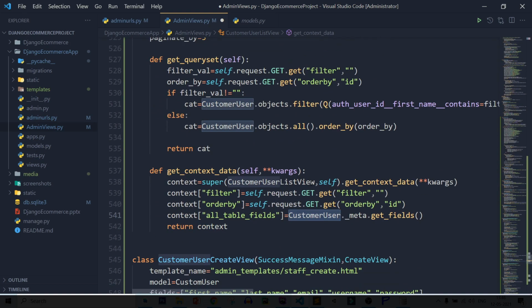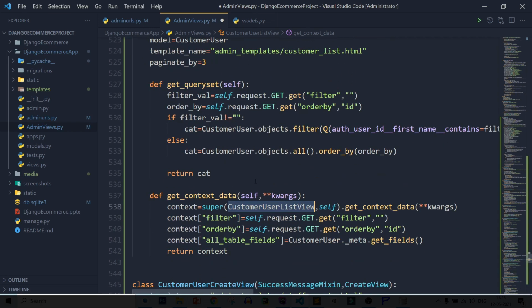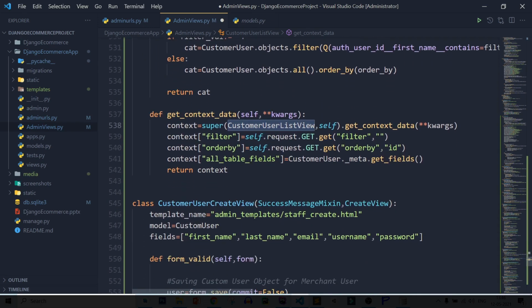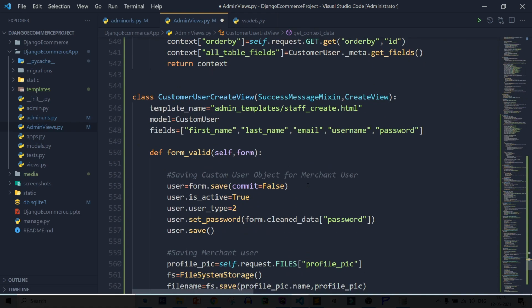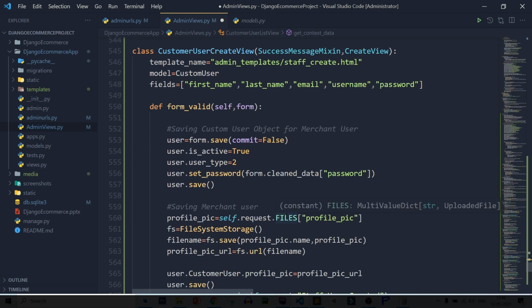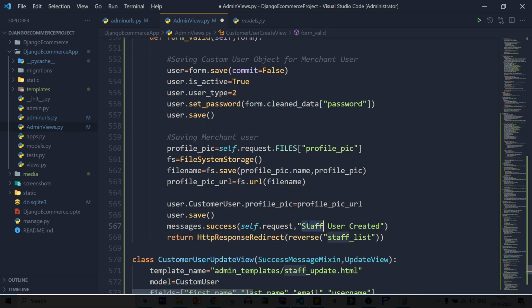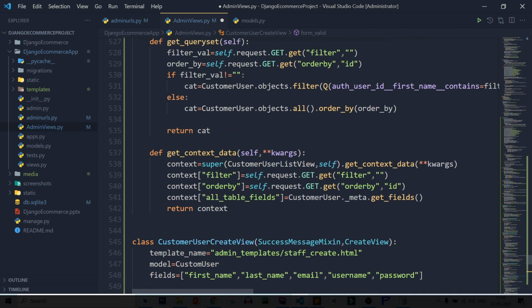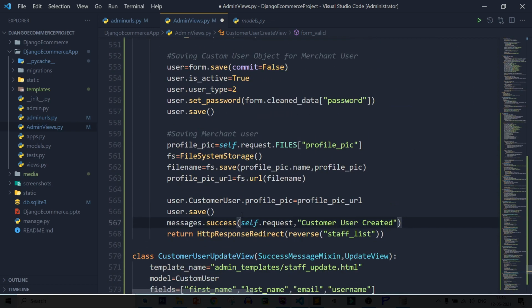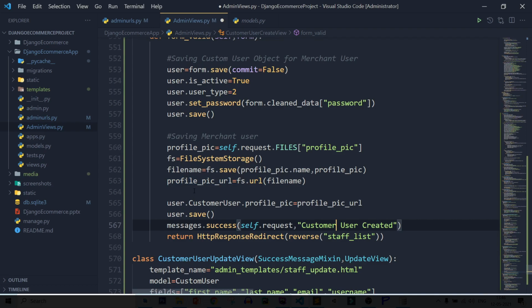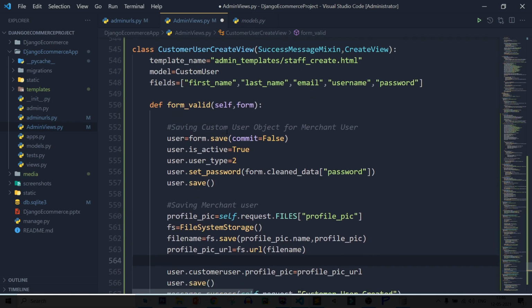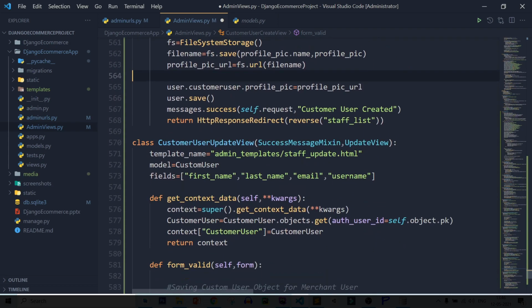Customer user list view, create view, profile pic, customer user created. After that, here change it to small letters. So customer user. In create view, you need to change it to small letters, small case.